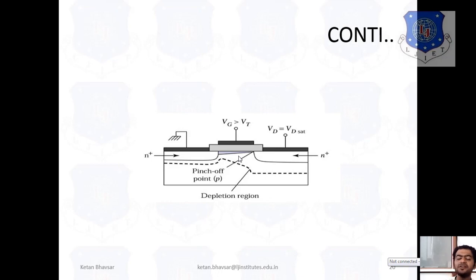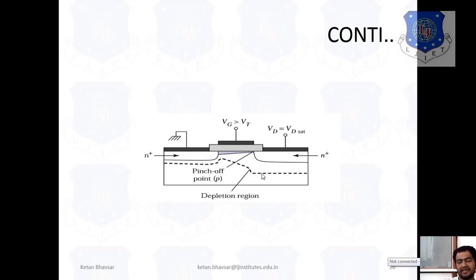So it plays a main role when we are dealing with a high VDS value. Because of increasing the VDS value, the positive charge, because of the positive majority charge, will attract all the electrons near the substrate. So as you can see, the channel will break down from that region and it is called the pinch-off point. You can also see the variation in the depletion region. So these are the three regions: the cutoff region, linear region and saturation region. Okay, so these are the MOSFET characteristics.